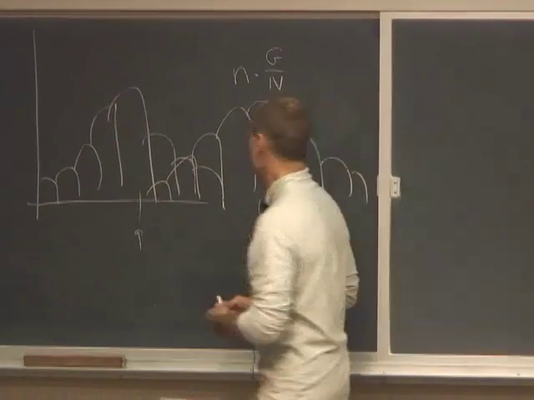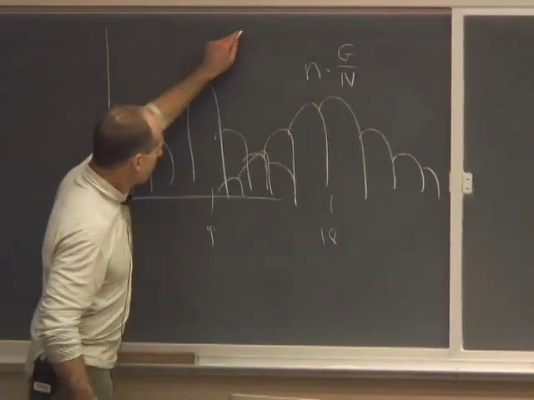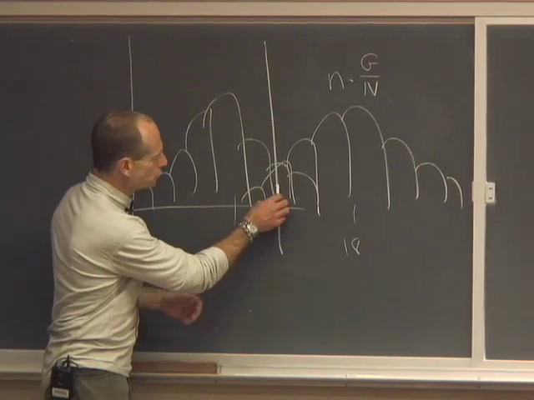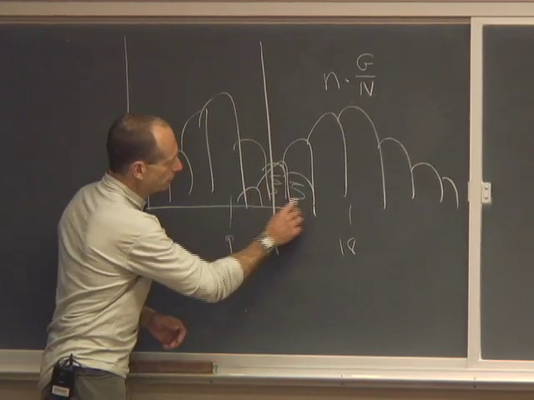Okay, so we're trying to find some threshold here so that if the null hypothesis is true, there's only a small probability